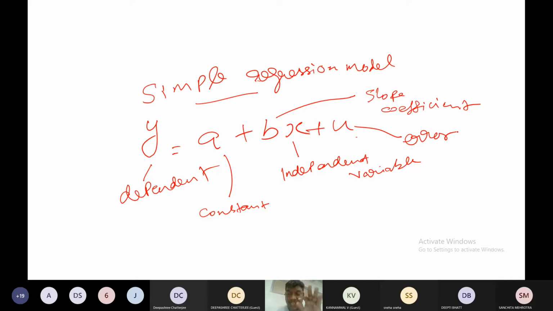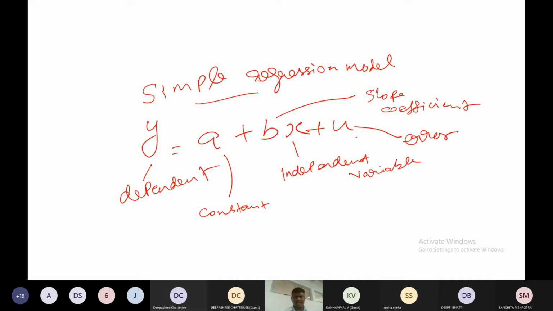I included only one variable, the X variable, to explain Y. So I want to find out the impact of X on Y. Here, I have used only one variable on the right-hand side. So what about other variables? For example, take quantity demanded. Quantity demanded is a function of price, influenced by price. Do you think that it is only influenced by price?